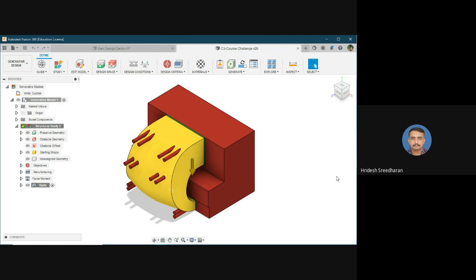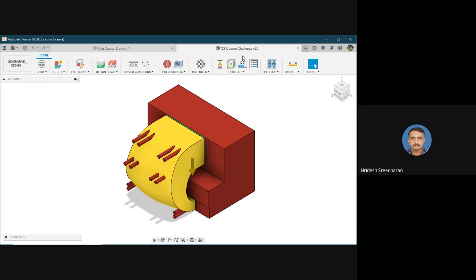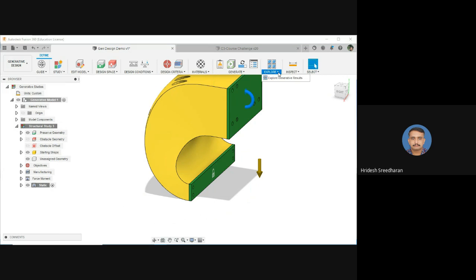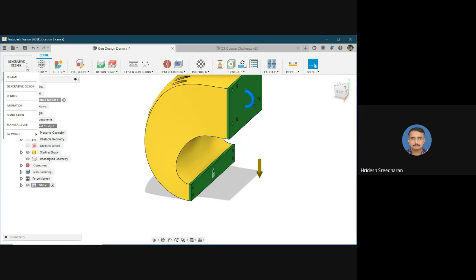Now I think we have almost covered everything. Anything remaining, design condition, criteria? Almost everything we have covered in this. The only thing left is manufacture, which we are not planning to do in this session.